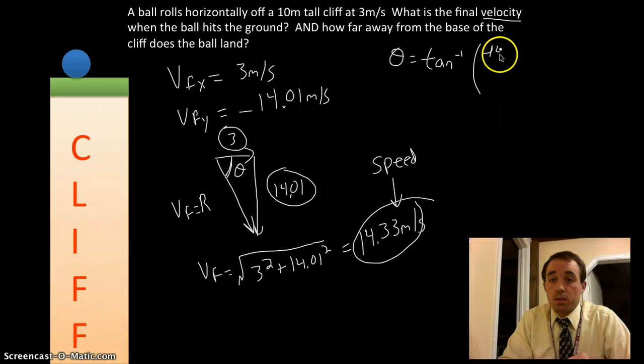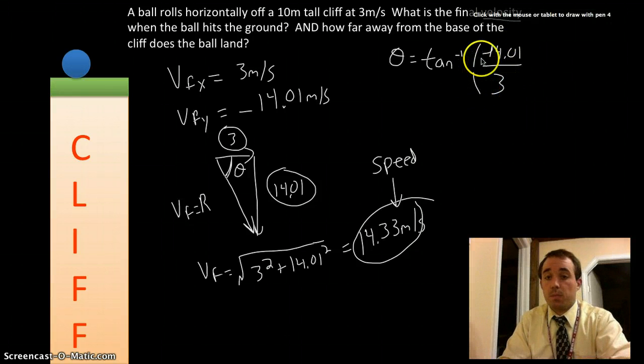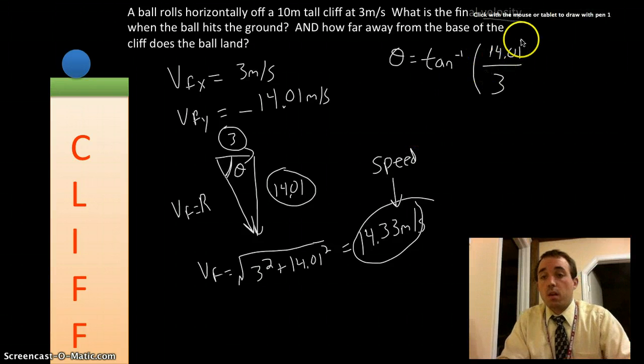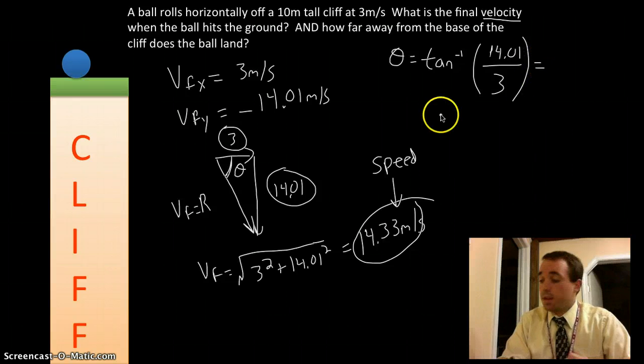So 14.01 over 3. That's not a negative. Which, when you do in your calculator, you get